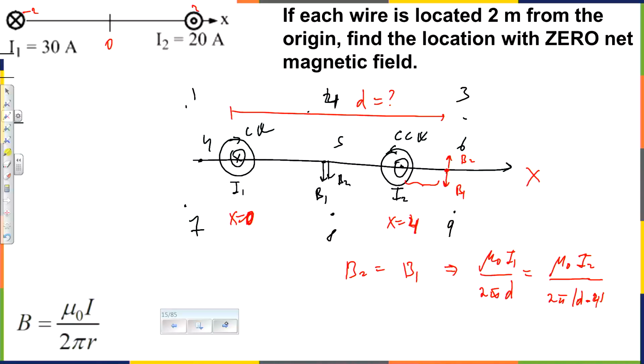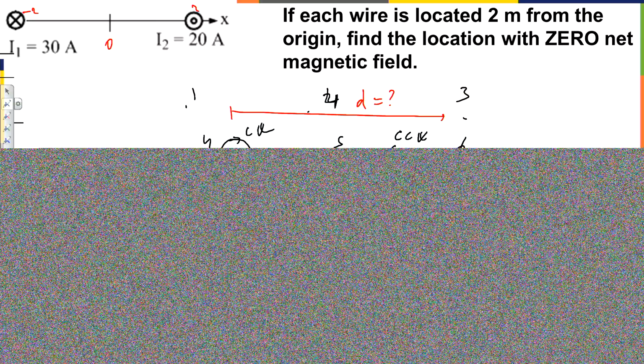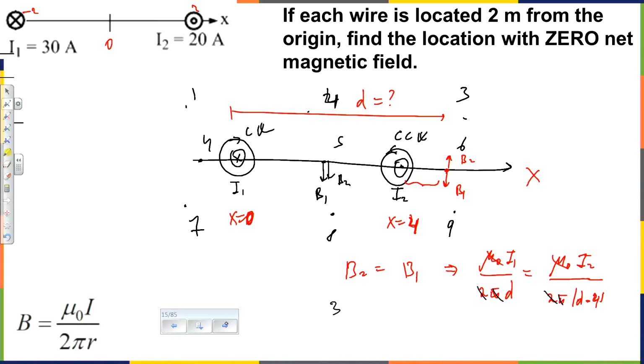So, first of all, we can cancel out lots of things immediately. This constant goes away, 2 pi, and the equation is not quadratic, which is a good thing. It's much easier to solve 30 over an unknown, 20 over that unknown minus 4. You know it's Wednesday, right? I can write everything unclear except 4s. I have no idea what this was.